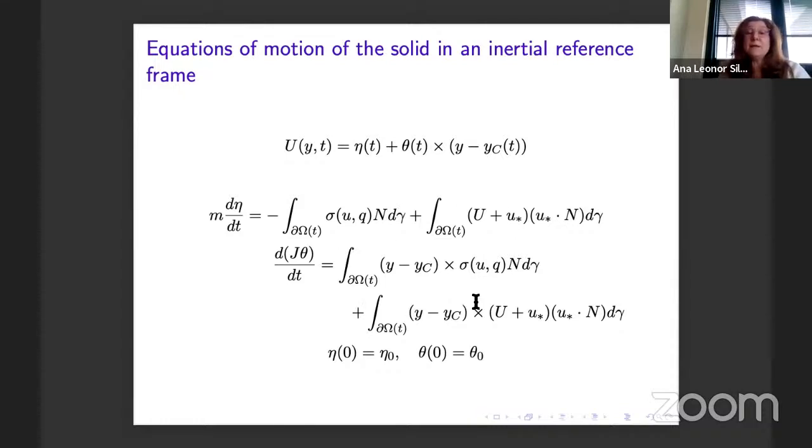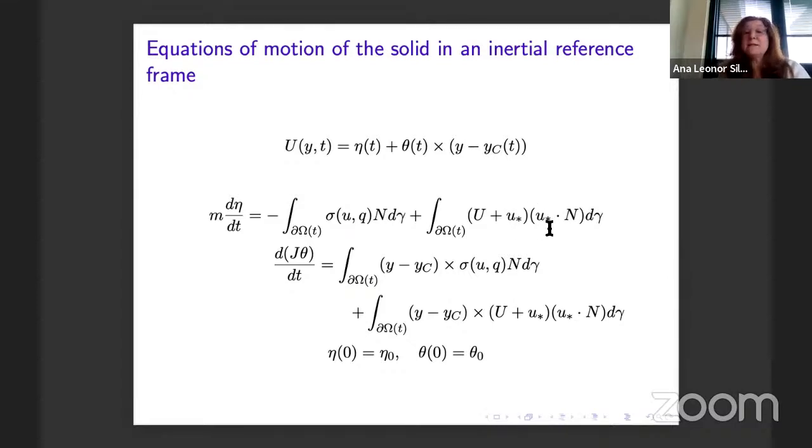So these are the Newton laws for the motion of the solid, and here we have the acceleration associated with the translational velocity of the center of mass. This is the total force exerted by the liquid on the boundary of the rigid body,